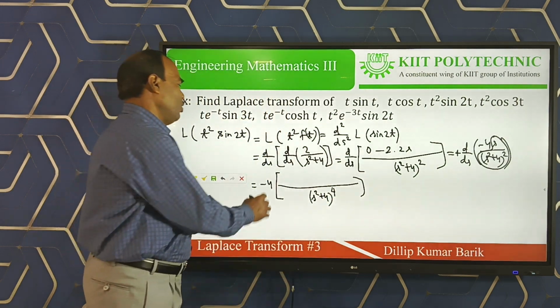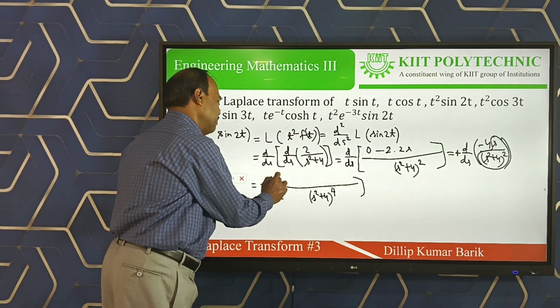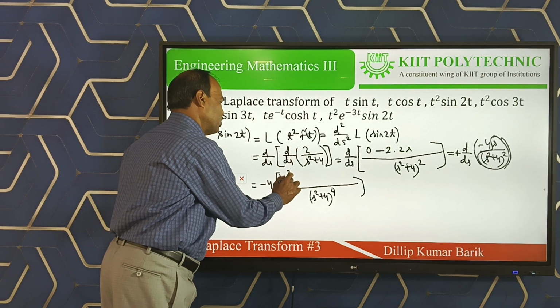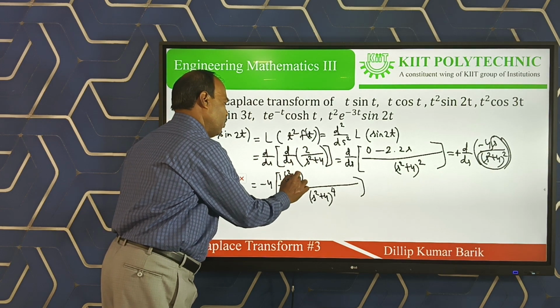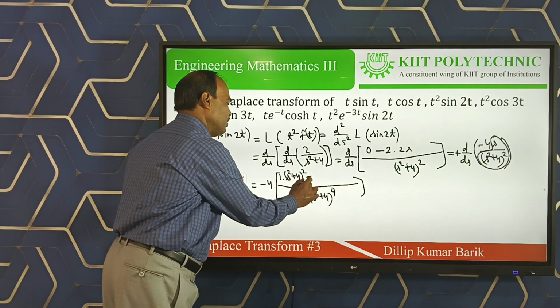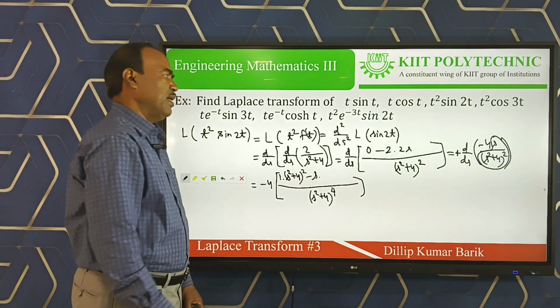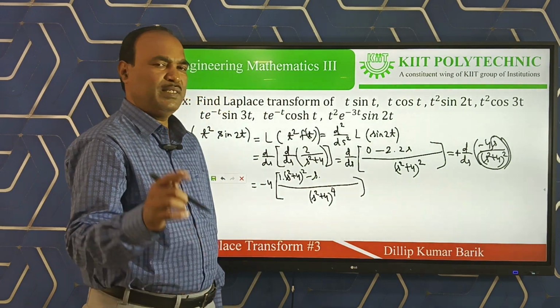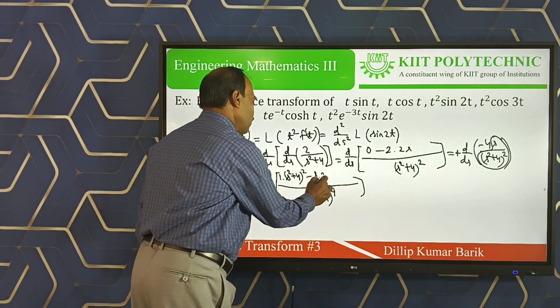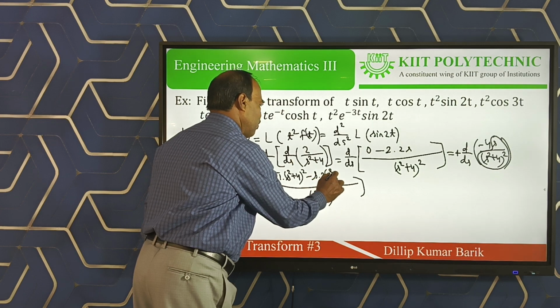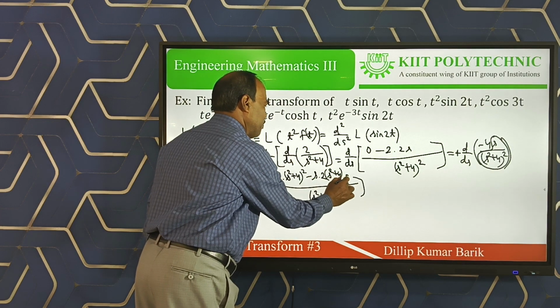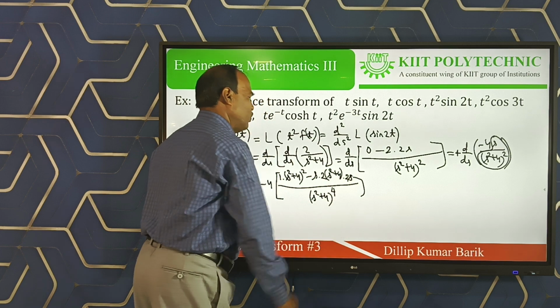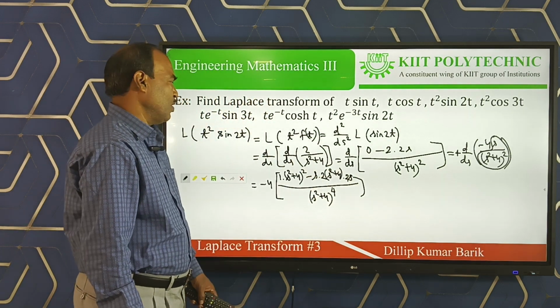So clearly again the u derivative, u is here s, derivative 1, into (s square plus 4) whole square, the v part, minus s into, again what is the derivative of (s square plus 4) whole square? By chain rule it is 2 into (s square plus 4), again the derivative of s square plus 4 is 2s. This is the chain rule from your lower classes.